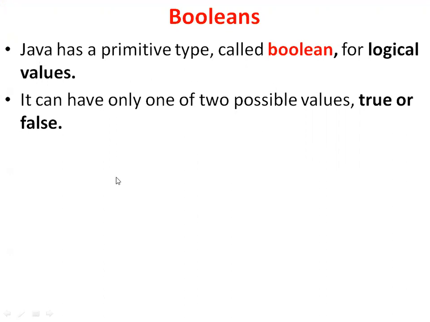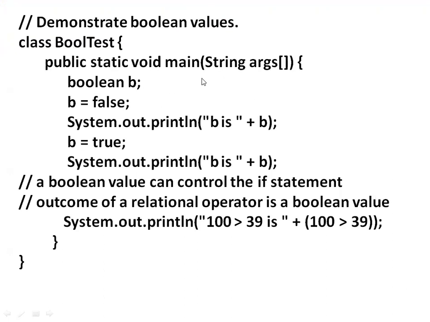How can it be declared in a program? Just see here. I'm demonstrating these Boolean values. We can write a simple program called BoolTest class. In this I have a main method. I have declared a variable called b, which is of type boolean. Afterwards we can store b is equal to false. This is allowed. In C you cannot do this because there is no word called true or false. But in Java you can do this. B is equal to false, and when you print the b value, it prints b is false. Afterwards I'm storing b is equal to true. Then when I print, it prints b is true.